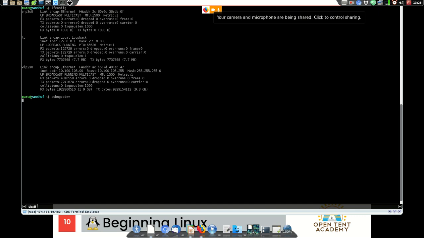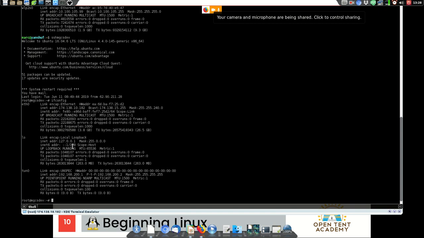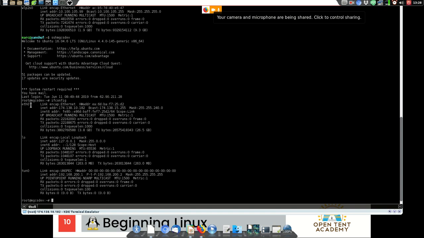If we go to a server that is on the internet and take a look, you see this Ethernet. It's a virtual machine just like you're using, but this Ethernet address is actually 174.138.10.182, and that is publicly accessible. The 174A node is publicly accessible. This is another one that isn't, but whatever.